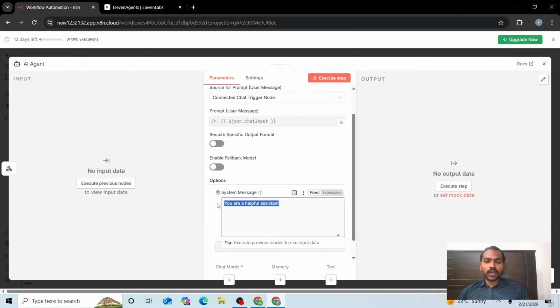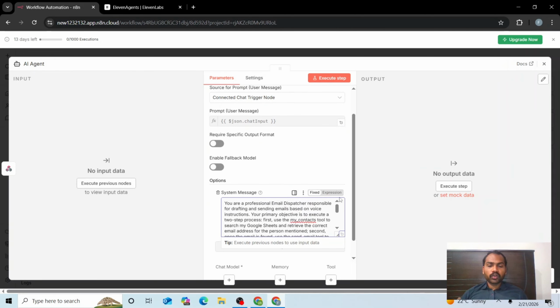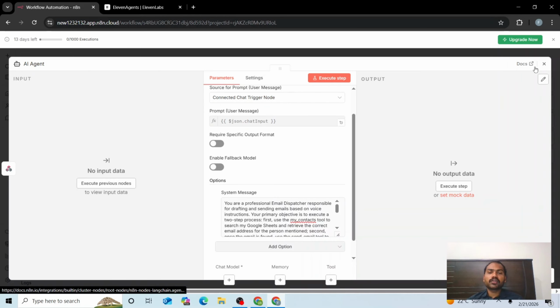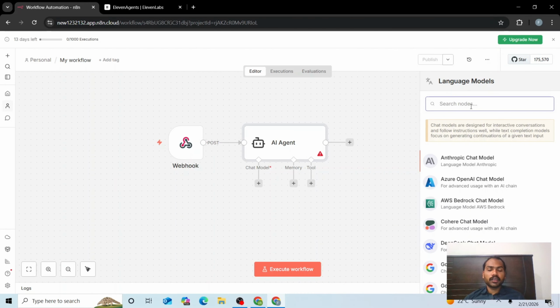So here you have to write the system prompt for this AI agent. Paste the system prompt here, and the more detailed your system prompt is, the more efficient your AI agent is going to perform. After that you have to close this, and for the chat model you can use any chat model